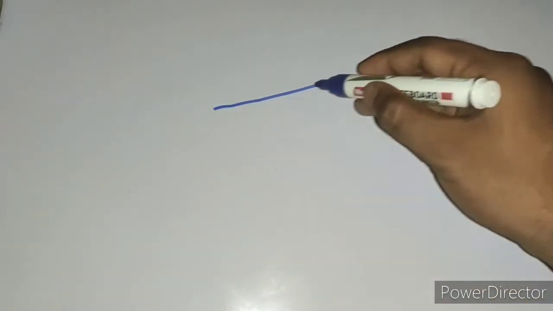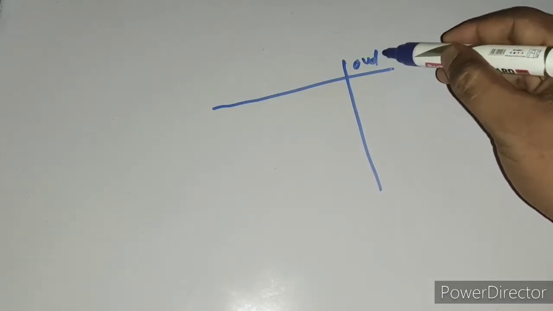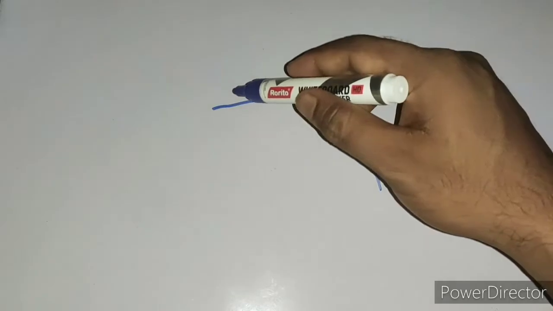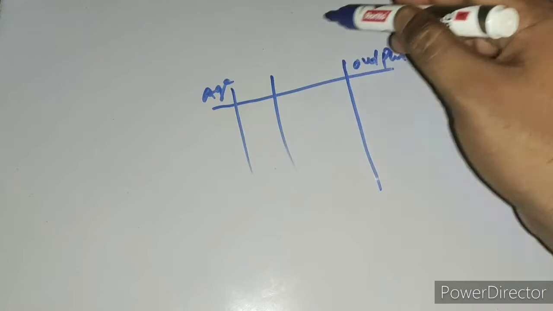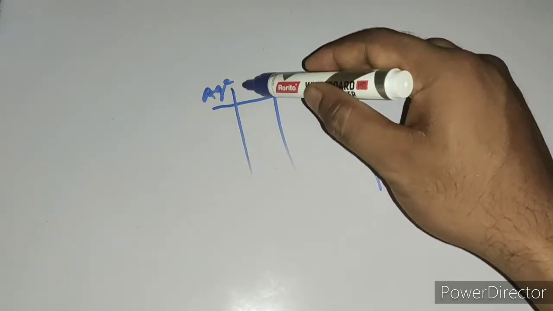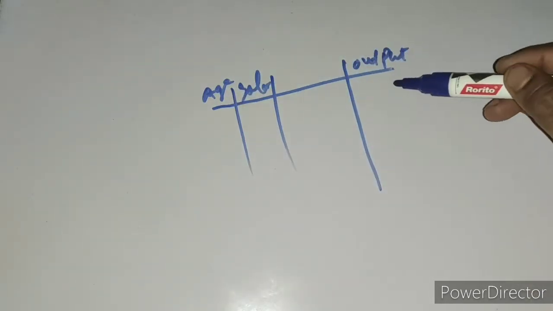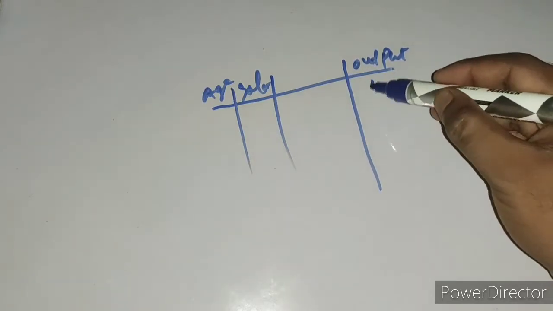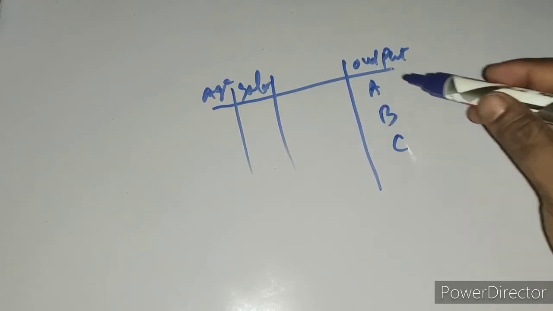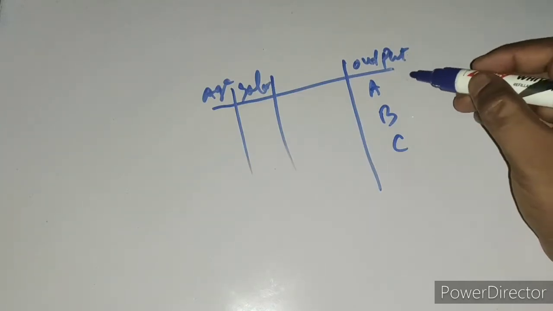So suppose there is a data point. In that data point, the output feature is here. This is the output feature, or the dependent feature. These are the independent features, suppose age and salary. So these are different features, and this output feature contains suppose three labels. Three labels means here suppose A, B and C, or we can say like